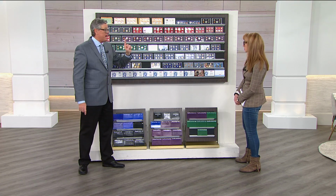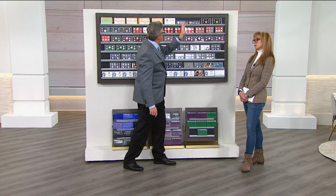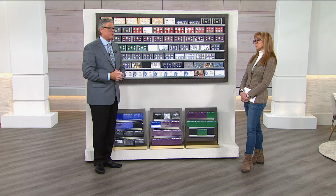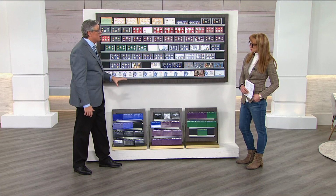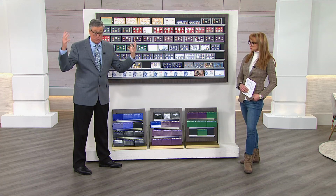Starting in 1968, which is this set right here, they moved the proof-making capacity of the U.S. Mint from the Philadelphia Mint to the San Francisco Mint. Do you realize there has never been a San Francisco minted Kennedy half dollar intended for circulation? The only way to get San Francisco minted Kennedy half dollars is out of United States government issue proof sets. If you must finish your Kennedy half dollar collection, which is tremendously